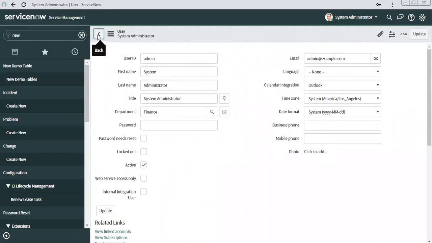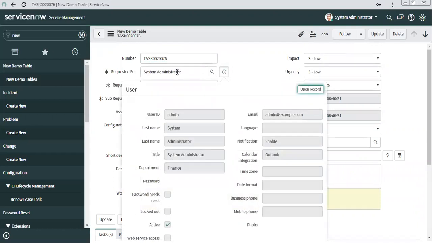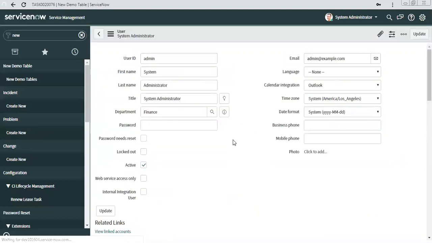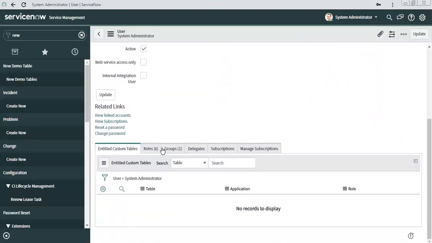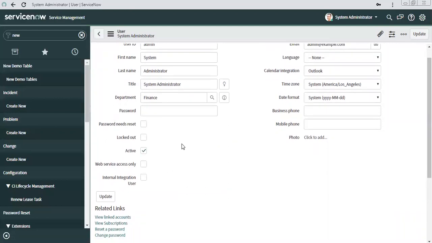But previously, if you remember, we saw get reference, and get reference gives you all the fields of a reference table. So if I want to populate the manager of this user in one particular field, let's say I create a manager field, manager exists on the user table, so I can make use of get reference. But the server relationship is in a different table. Even if you add a related list here, that record exists in a different table. It's just getting displayed. So get reference only gives you the field, not that particular relation.